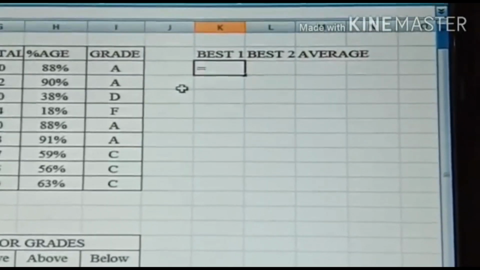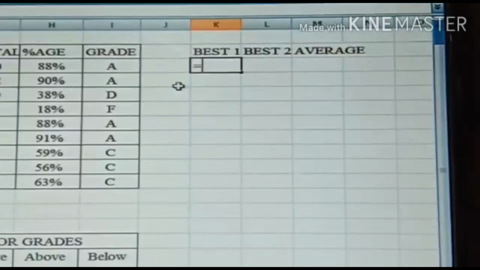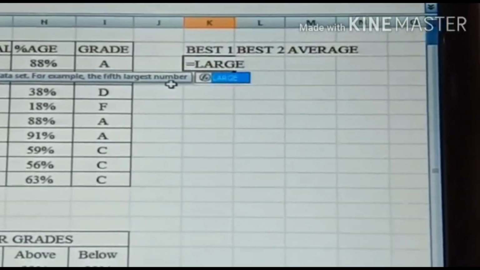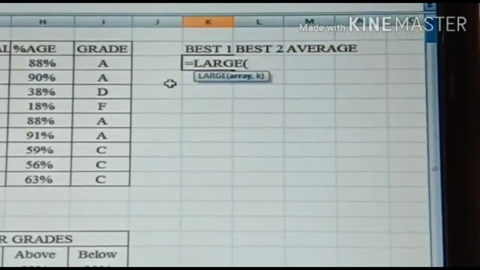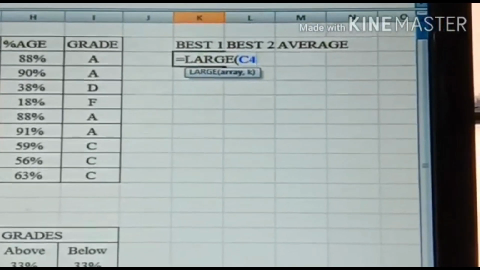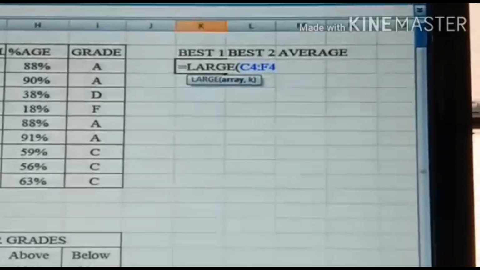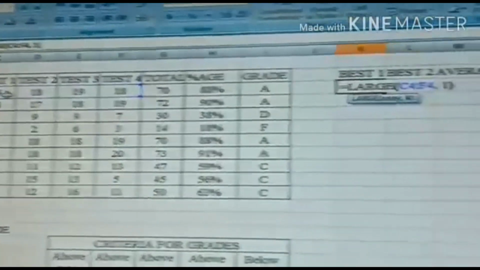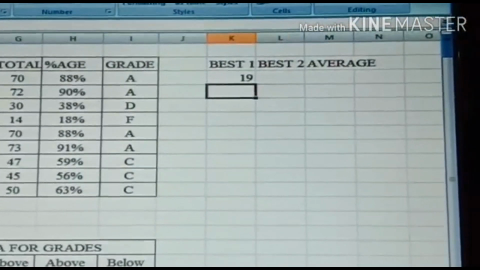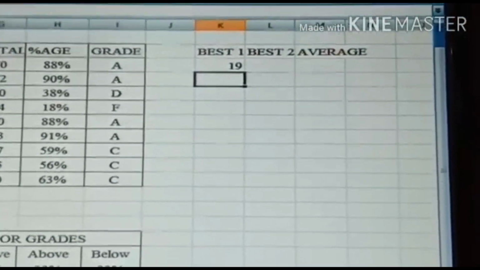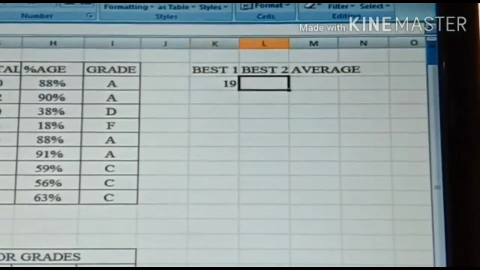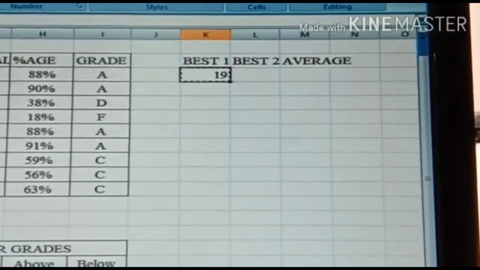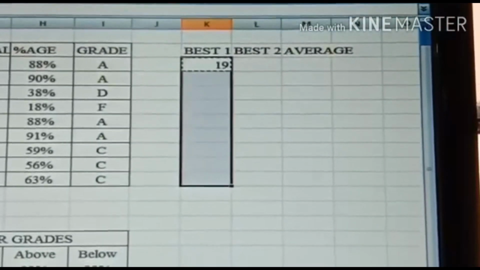Now I am keeping my cursor at the required cell, under best 1, and using the LARGE command by putting equal, then LARGE, then open bracket, then giving the range, that is C4 to F4, then comma, then 1. 1 means the largest, that is the highest value. Now it is showing the highest, that is 19. 19 is the highest value among all the 4 tests for this particular cell.